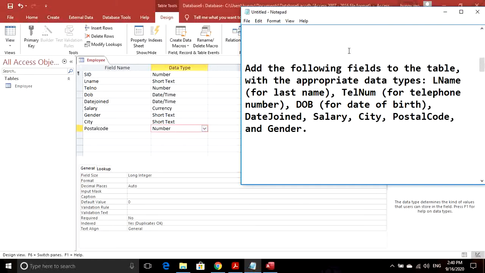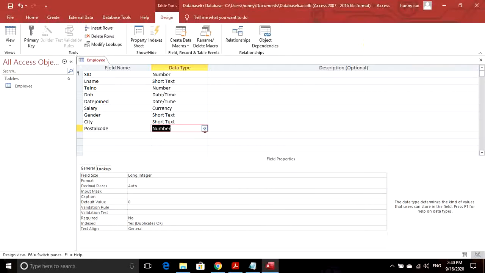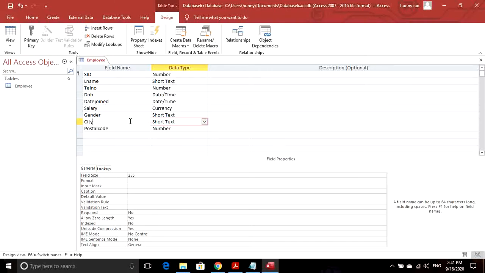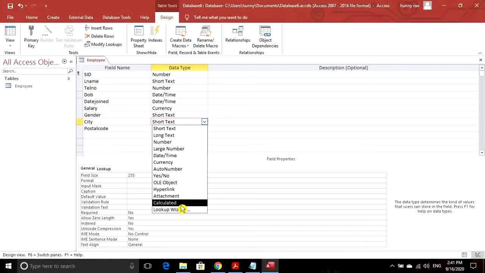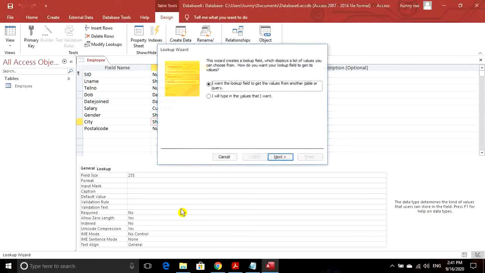Okay, so now let's start. First of all, we will be using a lookup wizard on one of the fields. So I am using lookup wizard on the field city. What you will do is select lookup wizard from the data type option. Here you have two options.